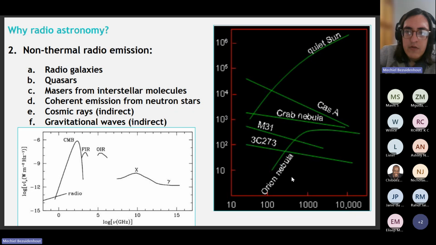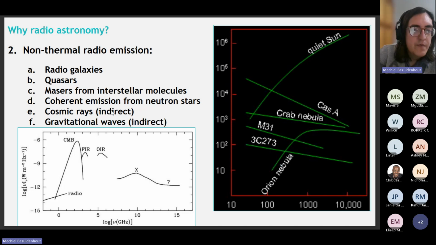Both of those are thermal emitters, and they look very different from these other emitters, Cas A, Crab Nebula, M31, 3C273, which are all non-thermal emitters, and they display what we call power law spectra. So it's basically an exponential process. If you plot it on a log-log scale like this, it's a straight line. It's called